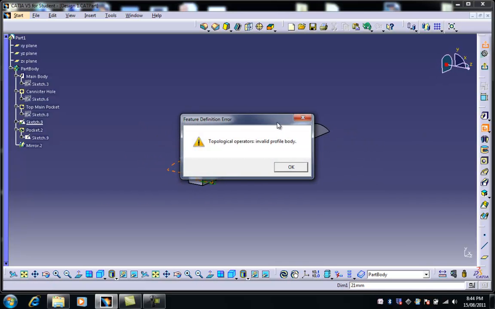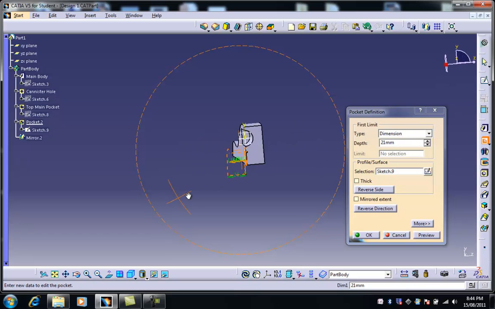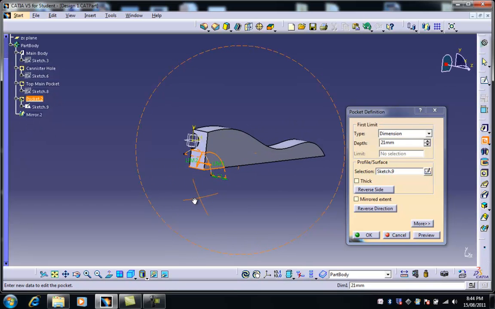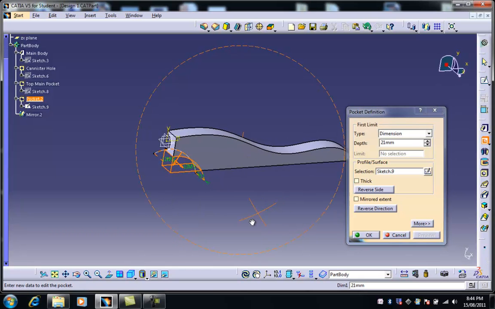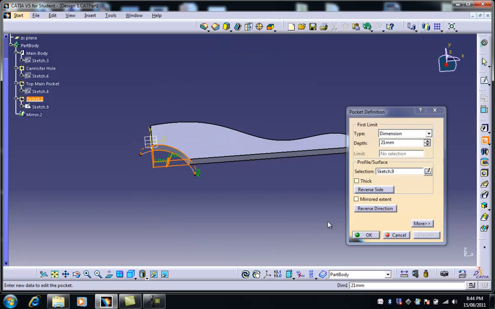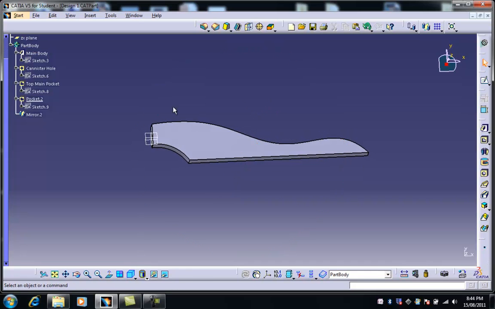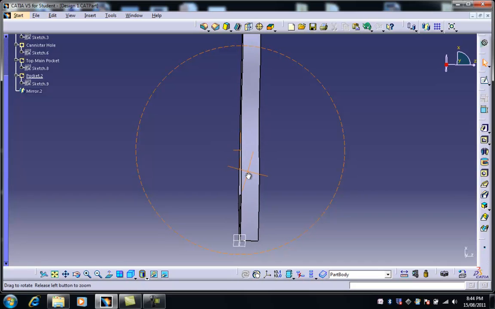Very similar to the previous, same error, doesn't matter. We just get this back around the right side, and this time the other one is going the right way. So if we preview that, we've now got this sort of general railcar shape from the side. That was pretty easy. Now the next thing we want to do is we want to get some shape looking